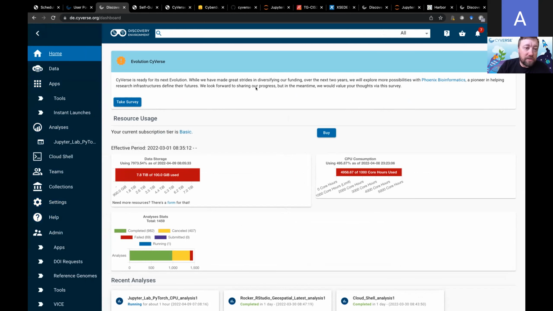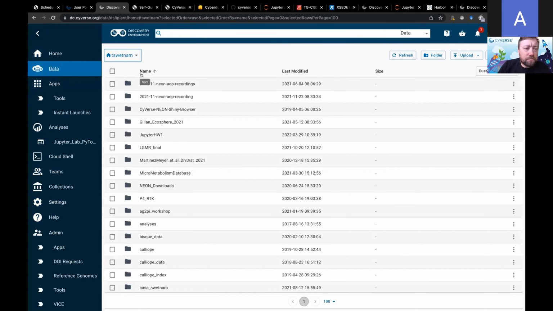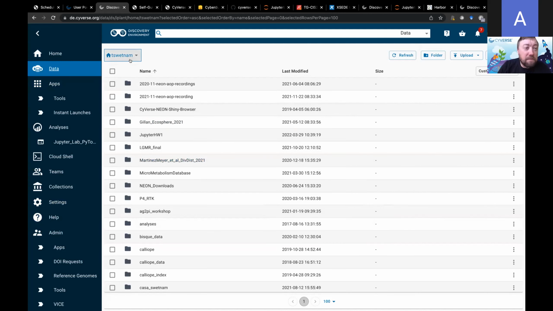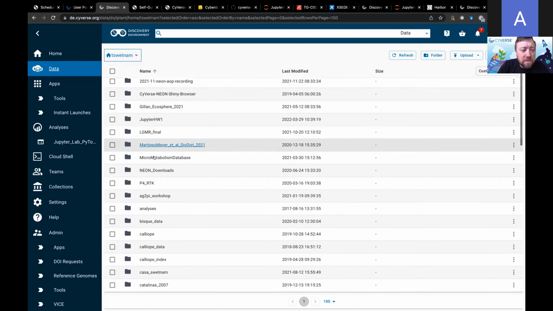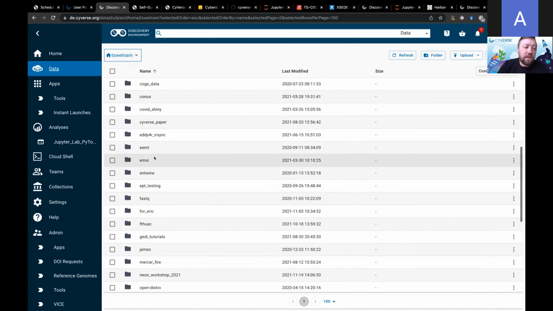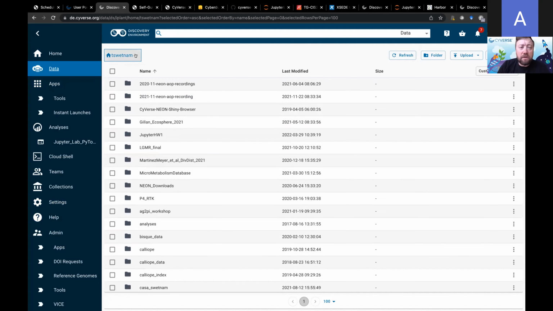You can load your data into the data store. And so we saw that I have like 7 terabytes, 8 terabytes of data in my personal space here. So in each of these project folders, I've got data sets that I've saved, and I'm sharing these out with my community members. If you click on the home icon, which shows your username,